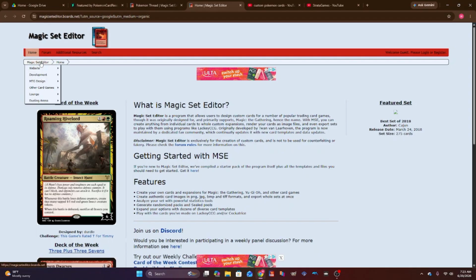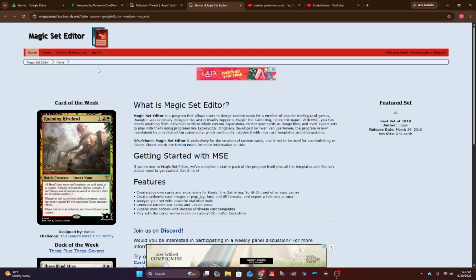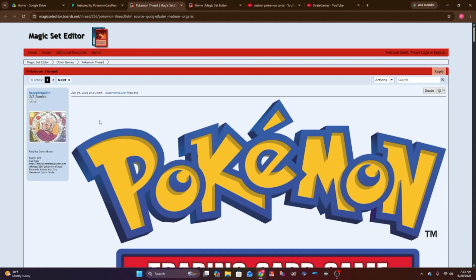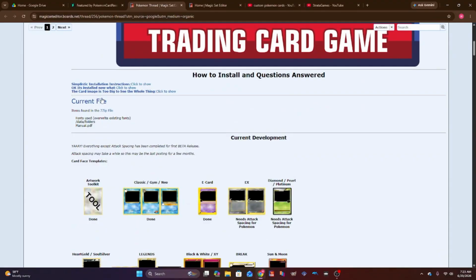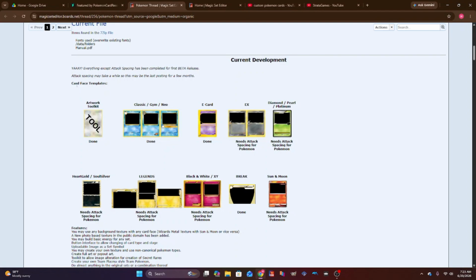But more importantly, if you go into their forum, you can see that there are other games that they support, and you can do new game development or other games. You can select either of those and look at this on your own time. But there is a Pokemon thread, so if you go through the editor, other games, and other games is a Pokemon thread option, and I'll link this in the video description. And then you can download the zip file and add it to your Magic Set Editor. I'll show you guys that in another video another time,